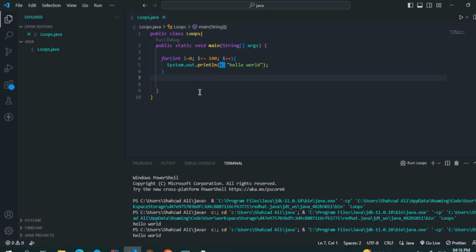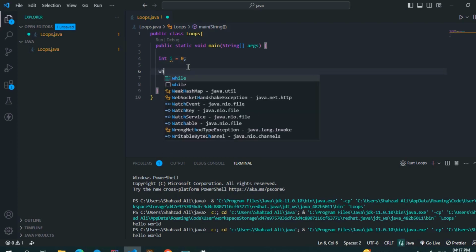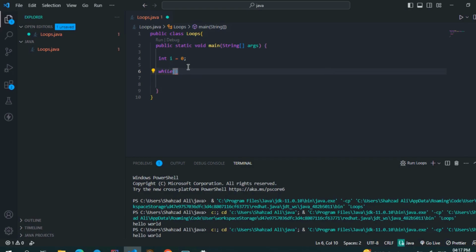This code we will write using a while loop. Remove this line. We will write a while loop. First of all, we will create a variable as an integer, i equal to 0. Then while